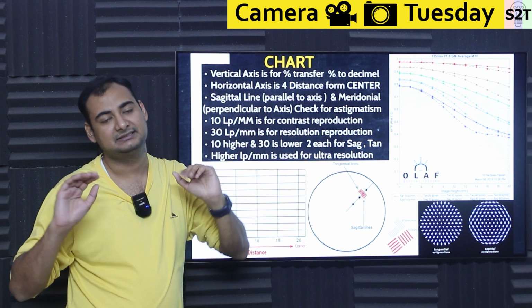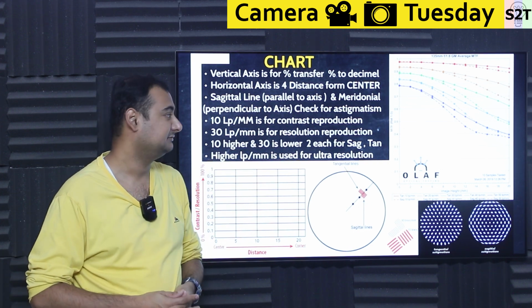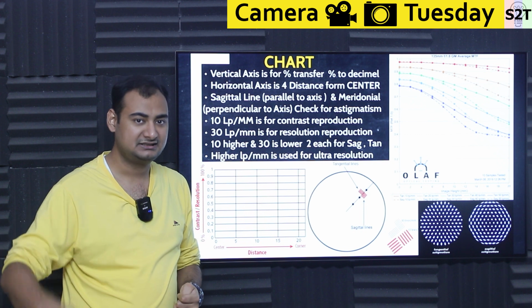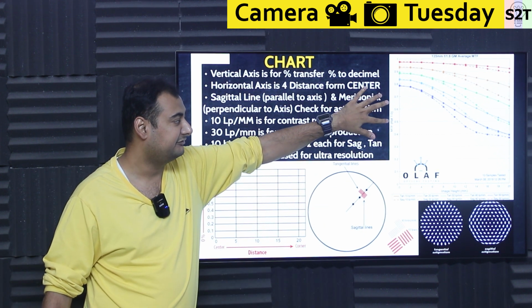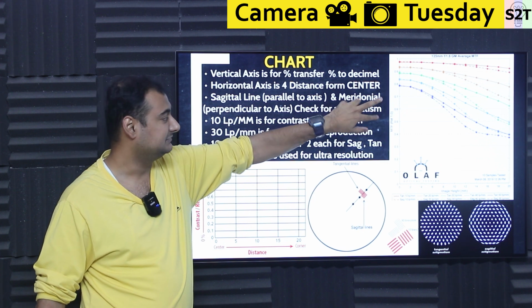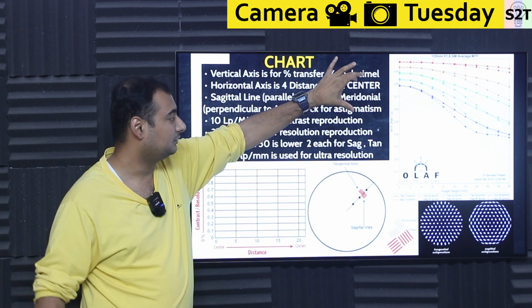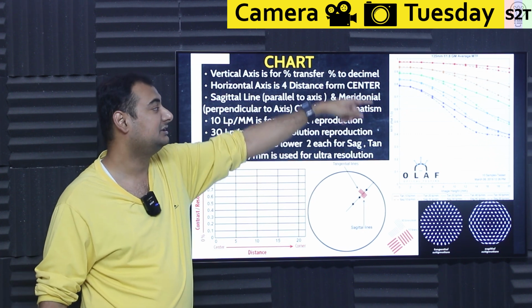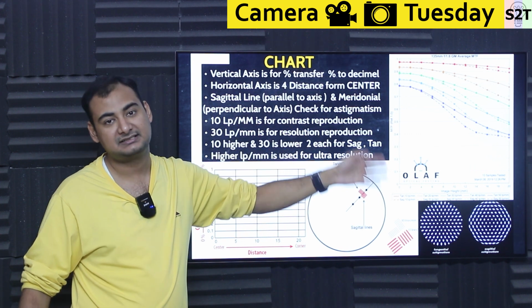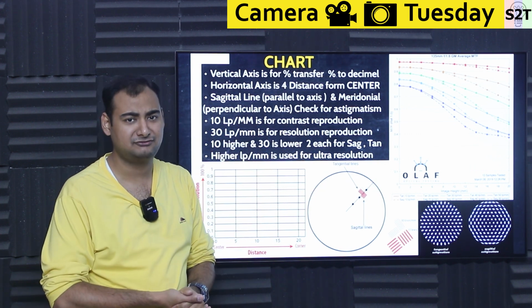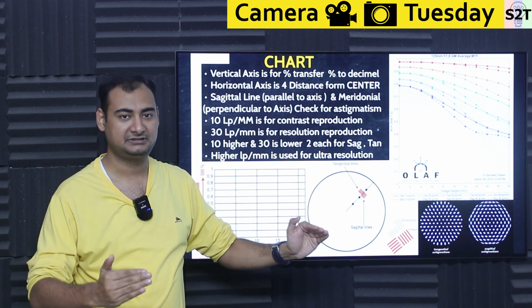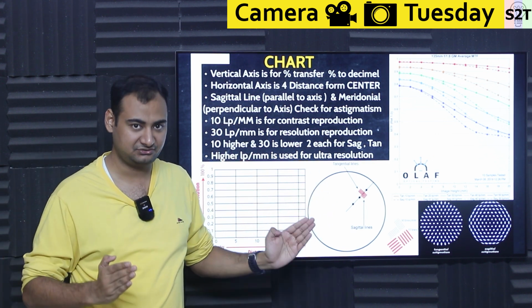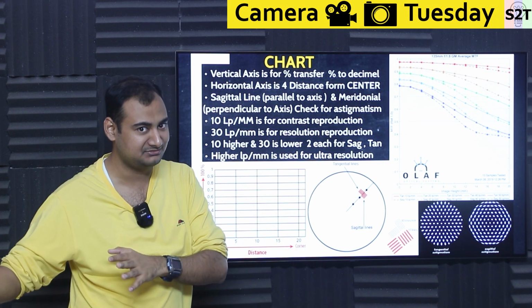0.6 to 0.7, that's the point where most of your lenses would be. Generally, if you just go ahead and buy a lens, or most likely look into your lens, most kit lenses would be as low as like 0.5 to 0.7 of transfer. This would be the zone. A quality lens would be from 0.6 to 0.8. Super quality lenses would be like this. Like this lens is, I do not even know, Mark 3 or Mark 4 from Sony's internal. And this time they just went all in. They were like, there shall be a high resolution lens, which actually justifies the G Master tag.